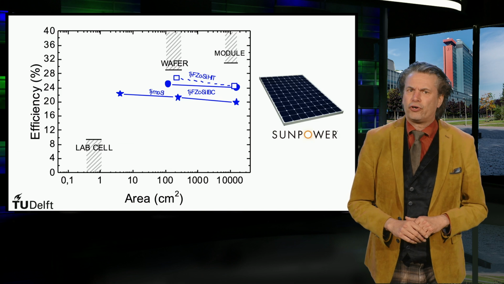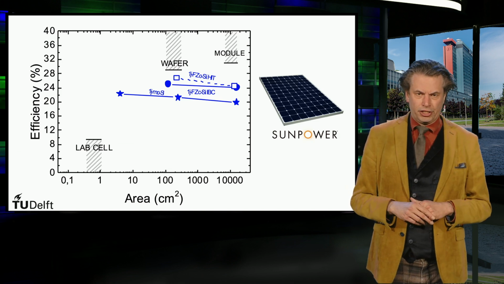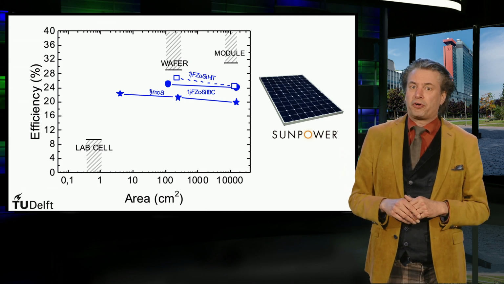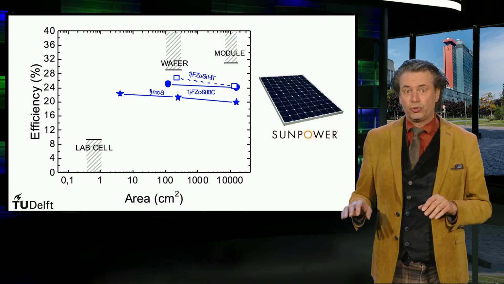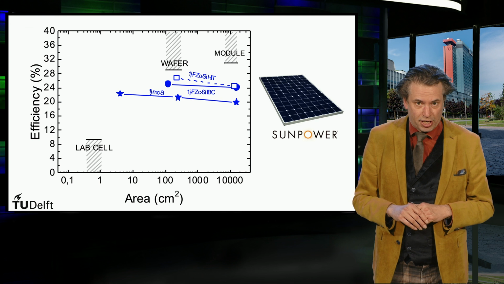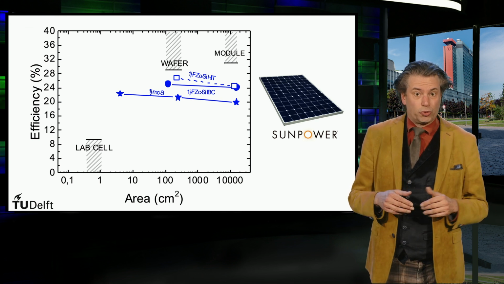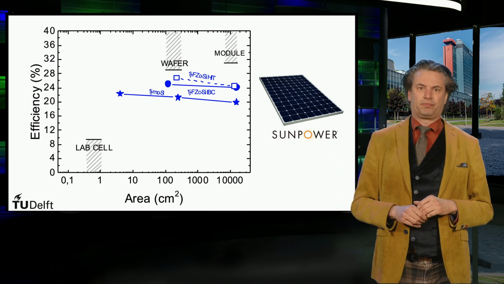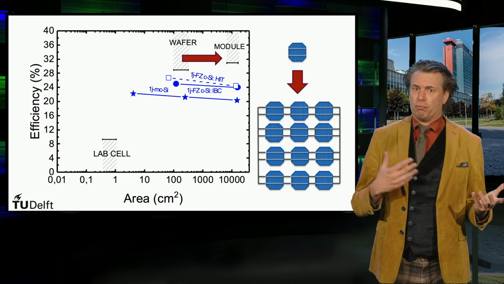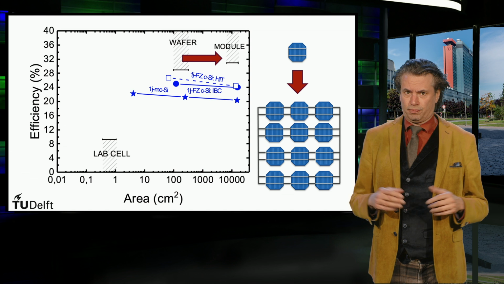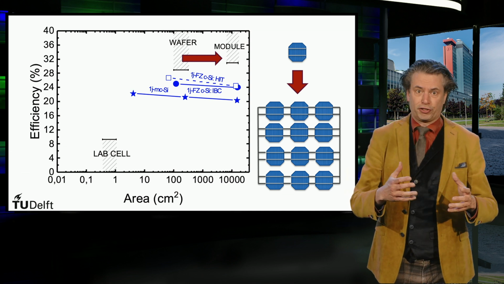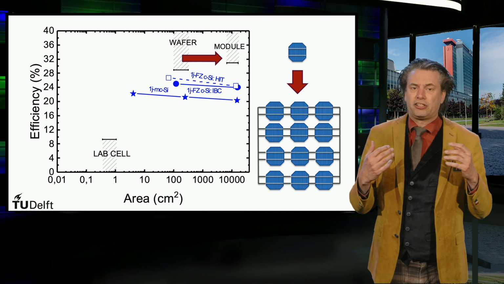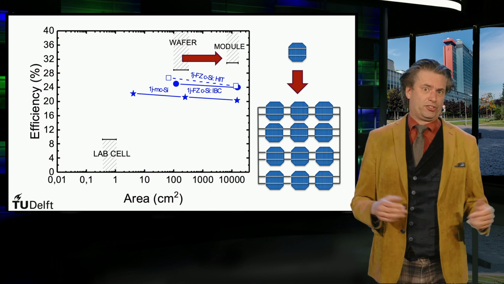Let's consider the first dominant technology, which is crystalline silicon. The multicrystalline silicon efficiencies go from 22.3% for 4 square centimeters down to 21.3% for a 6-inch wafer size solar cell, and next down to 19.9% for a PV module of 1.5 square meters. From wafer to module, 1.4% is lost. The losses are a result of lower coverage of the active area due to gaps between the solar cells and the electrical resistivity losses due to the interconnection between the cells.